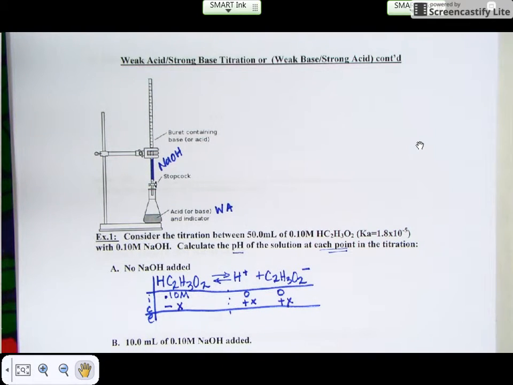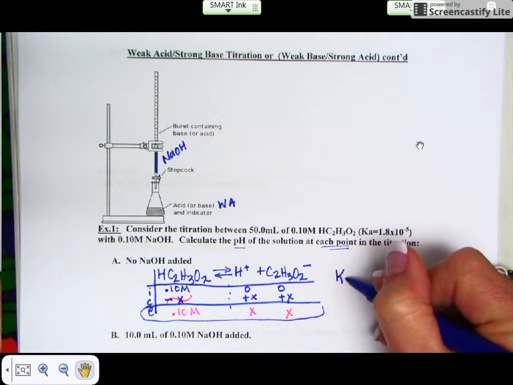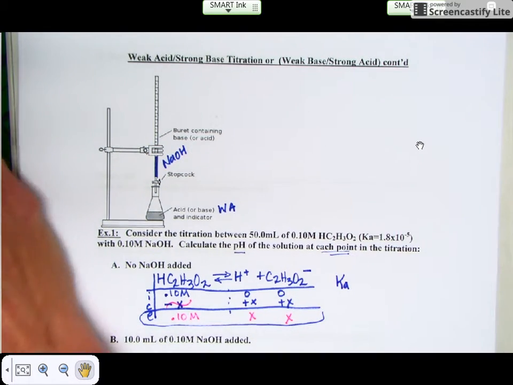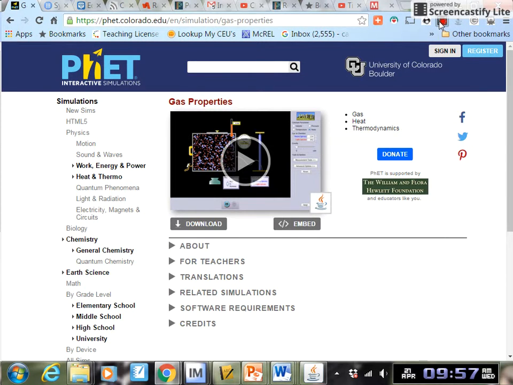Anytime you have an initial amount present with these weak acids or weak bases, you can neglect your x here to help simplify our math. That's going to give you 0.1 molar of the acetic acid, and your hydrogen ion and your acetate ion concentration are represented by our x here. These are the values you're going to plug into your law of mass action. So K